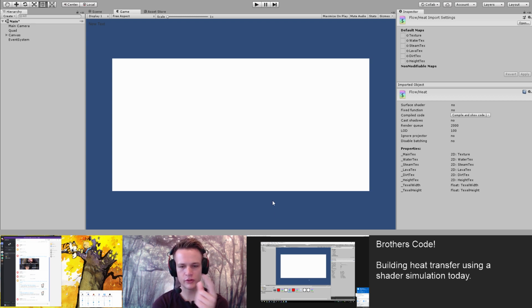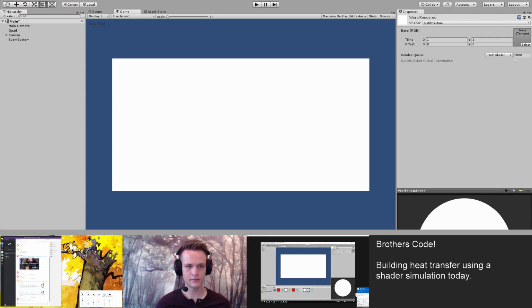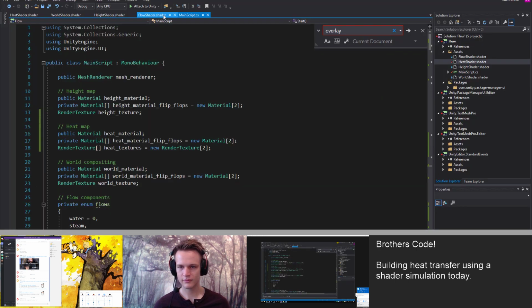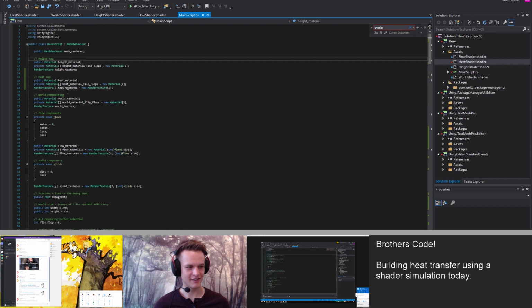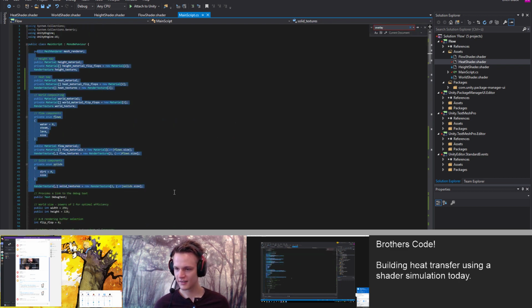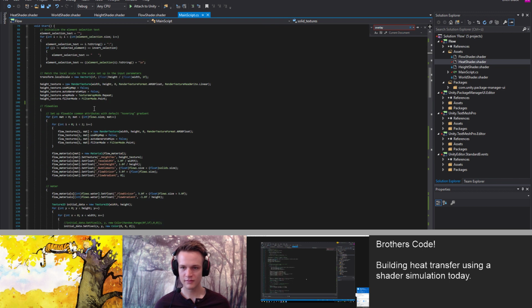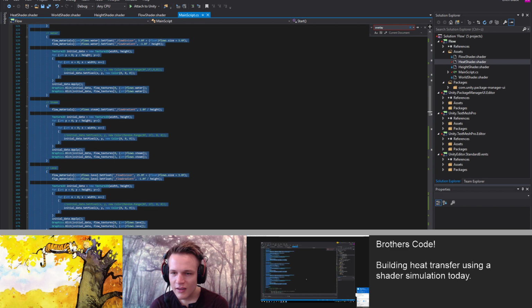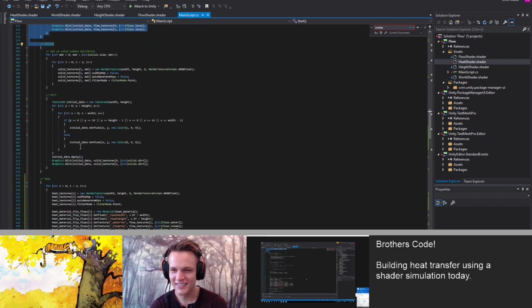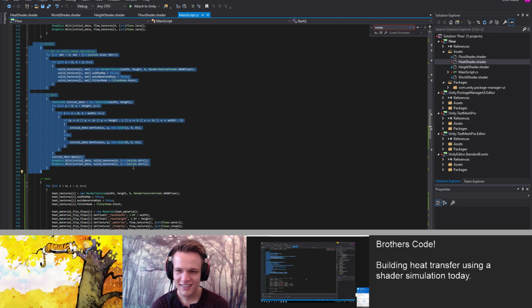The world one puts together all the different, like, it's the compositor. Is that how we set that up? I forget. Yeah, because you need one world rendering texture. The world shader takes all of the other things, puts them together, and the actual world rendered texture is what gets put on this quad. Gotcha. Okay, cool. So under the hood, we have the main script, and we have our initialization section, our make things flow section, our solids section, which currently is just dirt, because solids don't need to flow.